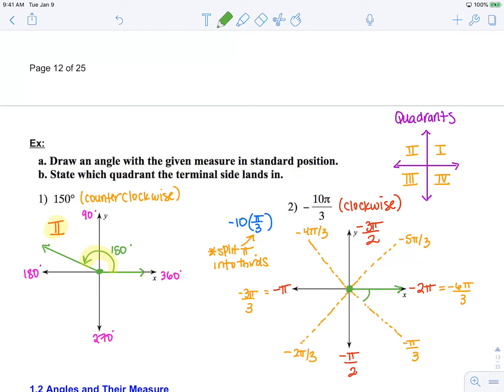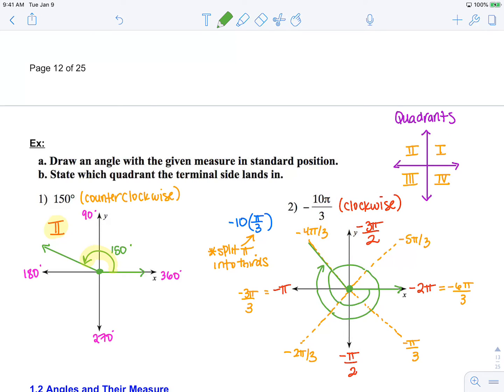So this is negative 1 pi over 3, negative 2 pi over 3, negative 3 pi over 3, negative 4 pi over 3, negative 5 pi over 3, negative 6 pi over 3, negative 7 pi over 3, negative 8 pi over 3's, negative 9 pi over 3's, and we end right here at negative 10 pi over 3's,